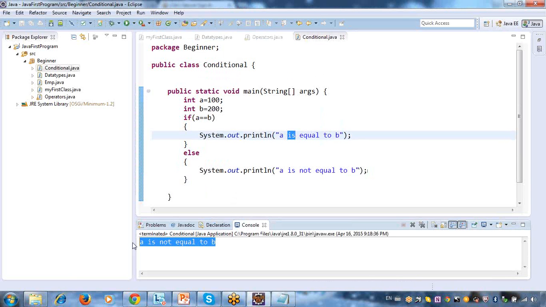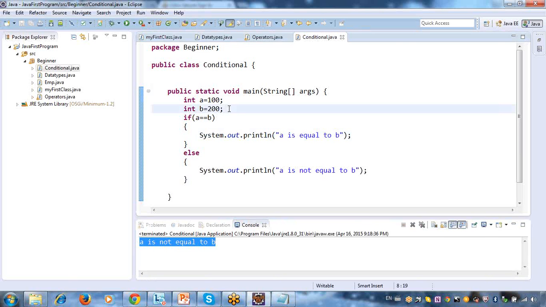This if condition is very, very important because, as I told you, as a tester we will be using this if condition n number of times, in n number of places. Almost every time I will use this if condition. If condition is very important for me. Okay. Now